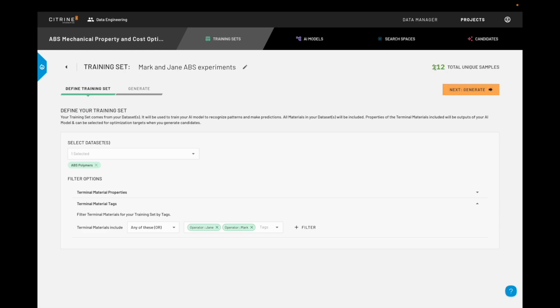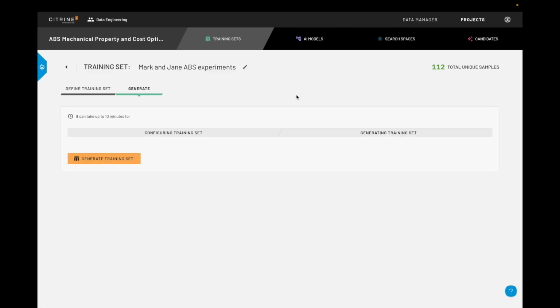And then I can notice here that, after I've added these additional tags, the total number of samples that were being discovered from this query that I was forming went from 150 to 112. So as we're building out our query, we can get a sense of how much data is getting pulled in. So from here, I'm going to click on Next and Generate, and then I will begin the process of generating